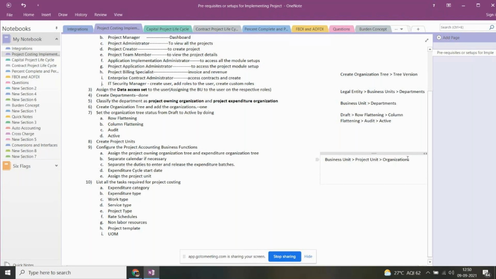So what is project unit here? That is very important to know. For example, if the organization has multiple lines of business, for example, if they are in the service sector and in the manufacturing sector, and they also have some kind of IT support.